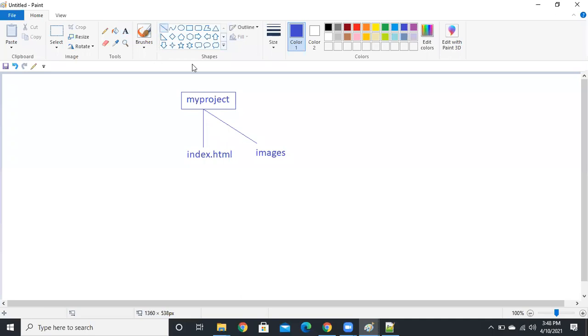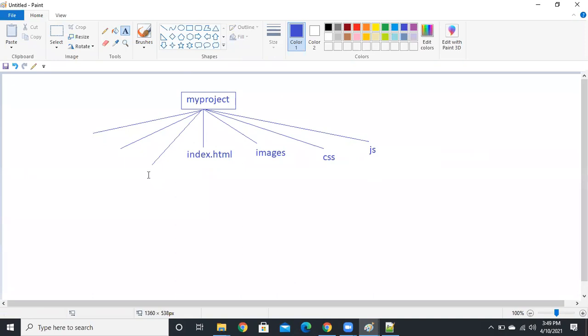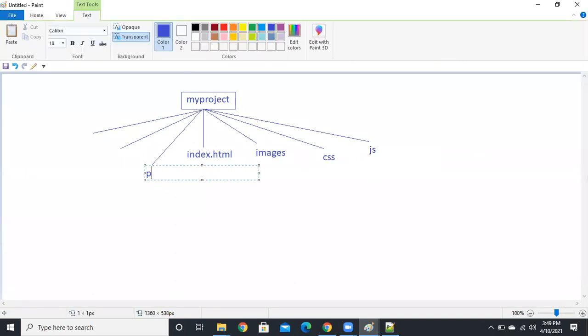Next, I'm going to create a CSS folder, then JavaScript, then images, then remaining pages, and then fonts. So like this, you have a structure, guys. Here you have JS and pages.